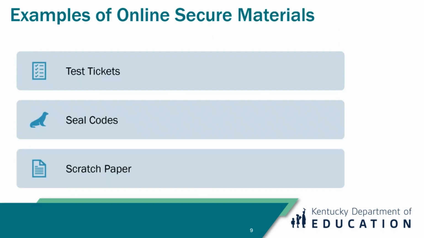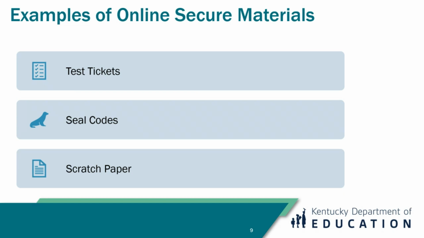Secure test materials will vary slightly by assessment, but let's look at our most prevalent test, KSA, to better understand what secure materials are. For online testing, you will see test tickets and seal codes created from the PAN system for TestNav, which is used by students to test. Once these items are printed, you must keep them secure until they are distributed on test day. After the test ticket and seal codes have been used, they will be returned to the back to be securely destroyed.